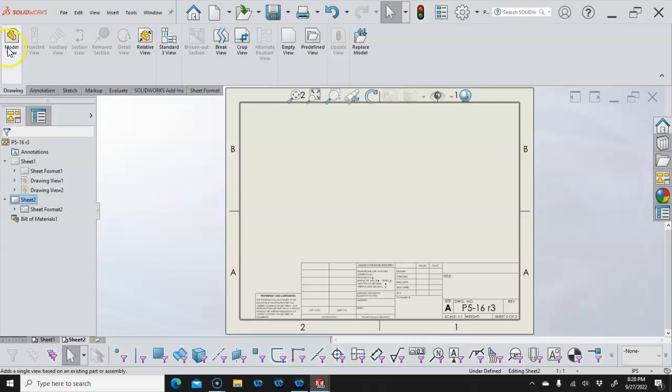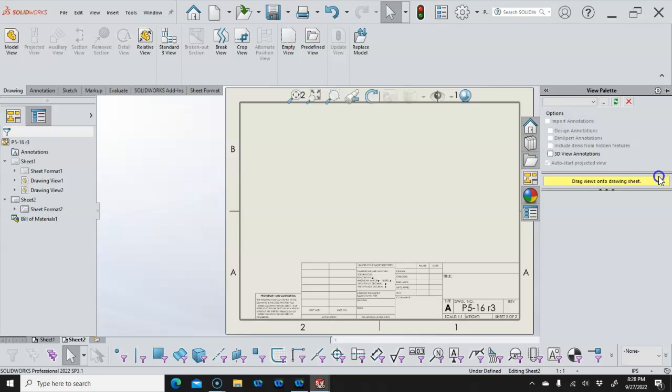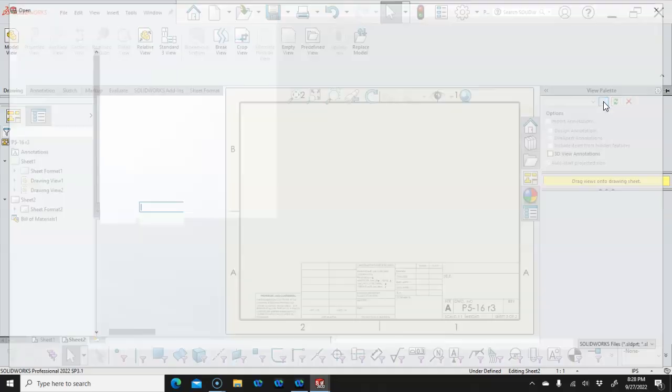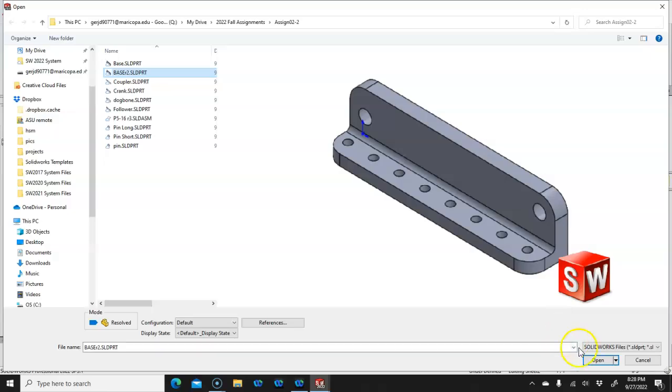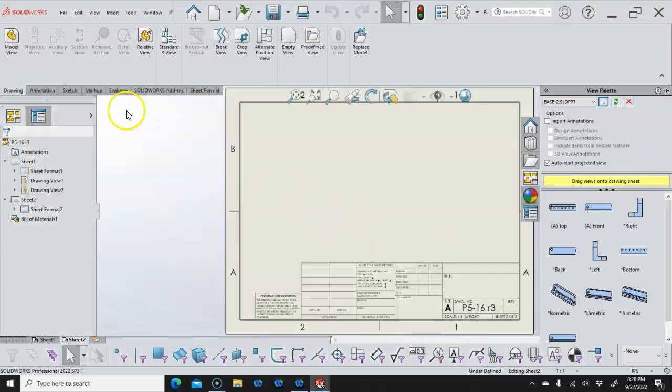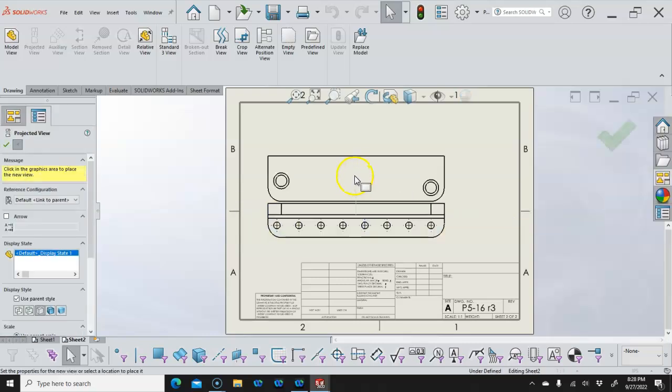Let's see, if we go to model view, that will bring us back over here. If we go into the view palette, then nothing is showing, and just like the model view, we would have to browse. Well, I've already got everything for the assembly, so the dot dot dot, and we can go find the base R2 in this assembly, if I'm remembering that correctly. So when we start making revisions and making adjustments in the assembly, I want to make sure that I'm not getting other parts. And so we have the top view,